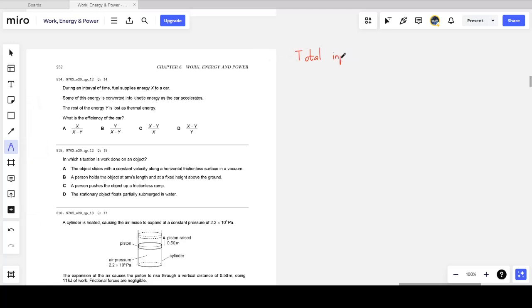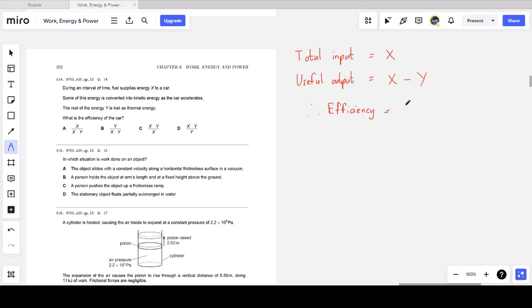So the total input of energy is X, because that's the amount of energy supplied by the fuel, the chemical potential energy. And the useful output is that which allows the car to accelerate, that which is converted to kinetic energy. The total energy minus what has been lost as thermal energy, X minus Y. And so therefore, if I want to find the efficiency,